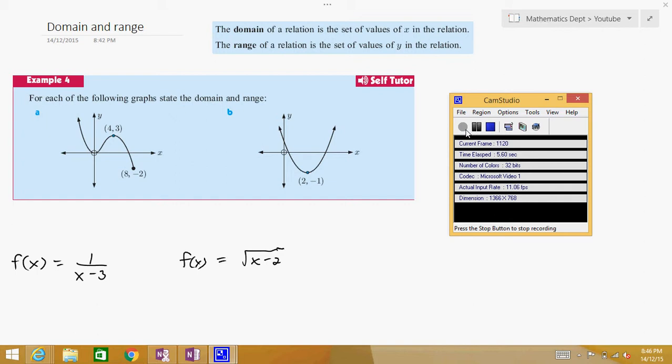The domain of a relation is the set of values of x in the relation, and the range of a relation is the set of values of y in the relation. What that means is, what are the possible x values of your relation, and what are the possible y values of your relation? So for instance, if we look at example 4a, if we were trying to find what the